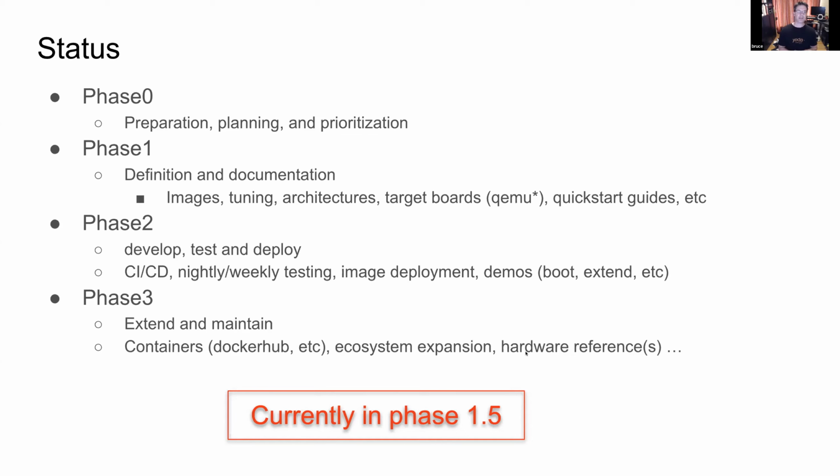And then phase 3, everything's working great, it's up and running, it's stable, and then it's about extend and maintain. So looking into producing some of those reference containers. Are they on Docker Hub? Is there a container registry hosted by the project itself? How do we expand out further to bring in, say, things like meta virtualization and meta open embedded and different things,